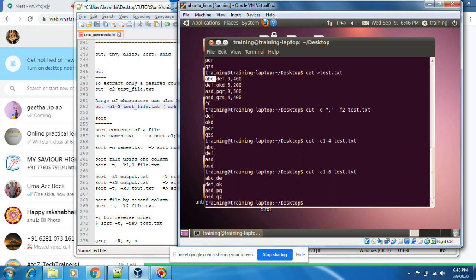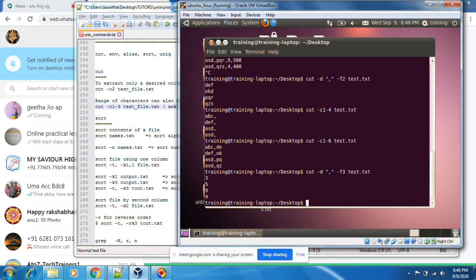Six also you can cut. Even I can do -f3. You can sort this also. Sort. It will sort. If you want to sort in reverse order, sort -f1 -r. I think cut everything looks clear.